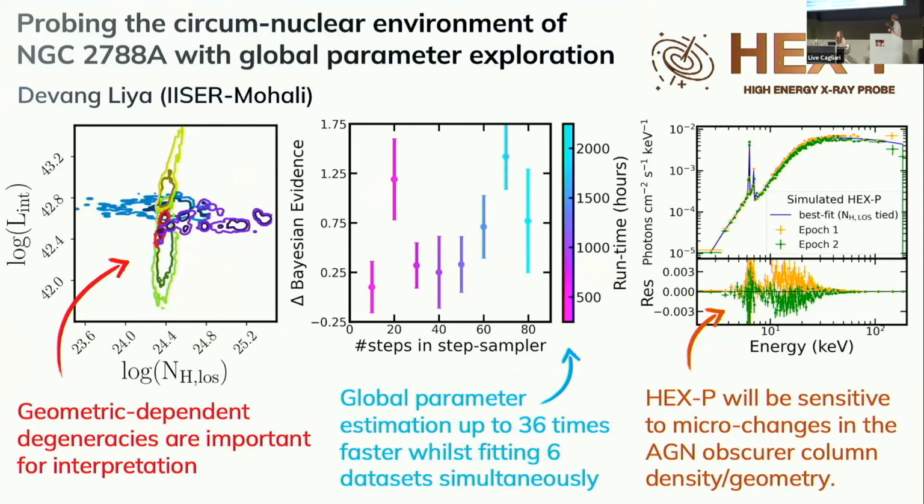Devang is a master's student from IISER Mohali, and he has studied a single source with many torus models, including some new NuSTAR data. On the left here, you can see the effect of using global parameter exploration with different torus models. But the key thing from his work is that this slightly new technique of improving the runtime of nested sampling with step samplers appears to be able to dramatically increase the efficiency or decrease the runtime required for